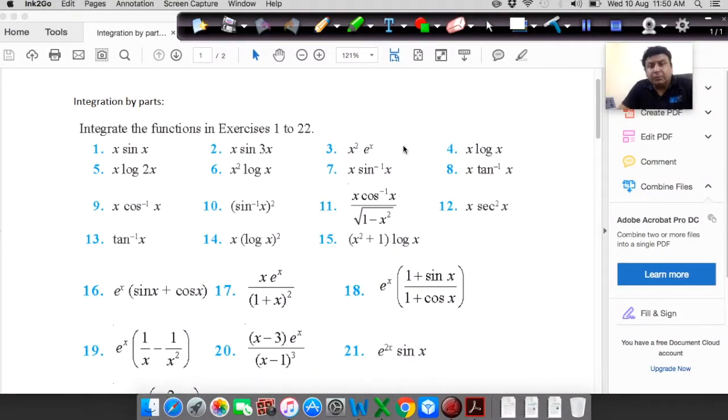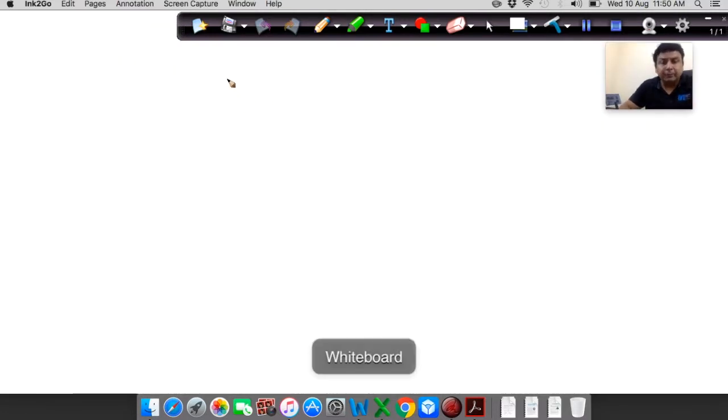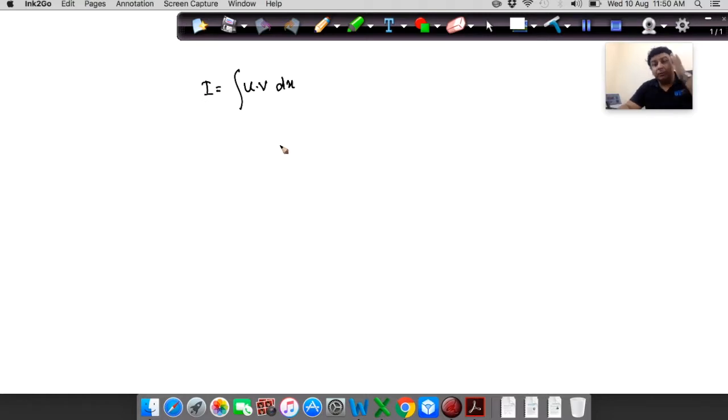Integration by parts, or you can say the product rule in integration. This is about when we have two functions multiplied, u and v, and we have to integrate the product of the two functions. Then we have to follow a formula, which is first function times integration of the second function